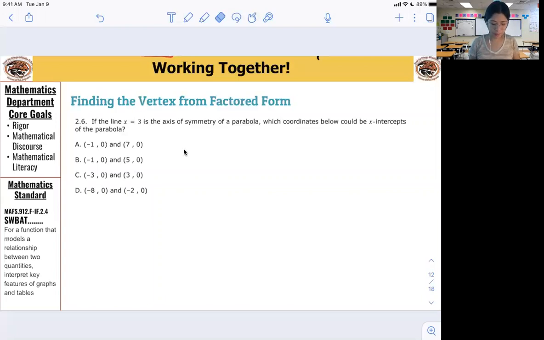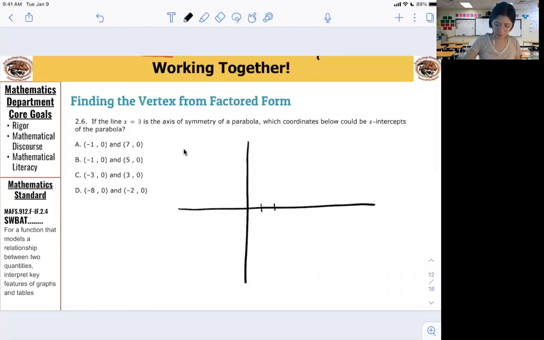Okay, here we go. So if the line x equals 3 is the axis of symmetry, let me draw this out so you can see what it looks like visually. 1, 2, 3. I'll do a few more. Okay. If the axis of symmetry is down the middle, and the middle is the 3, let's look at answer